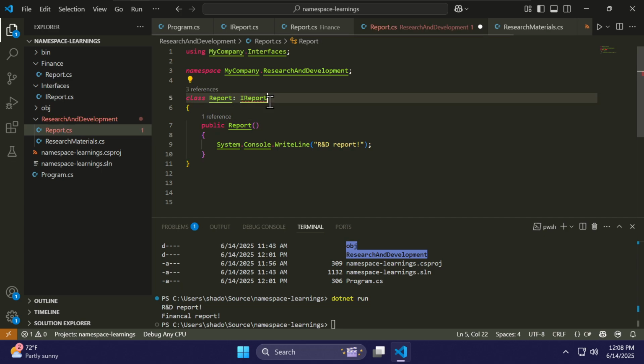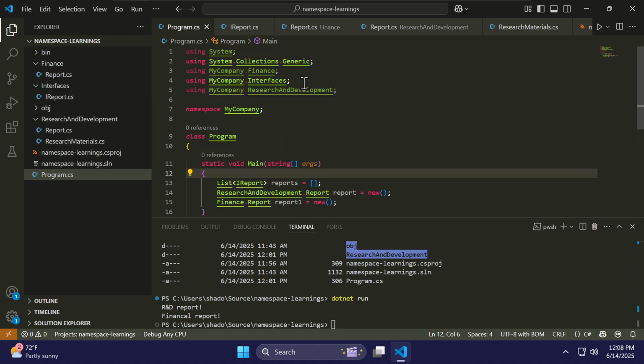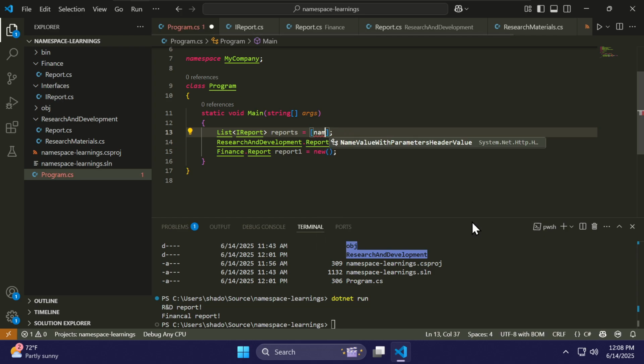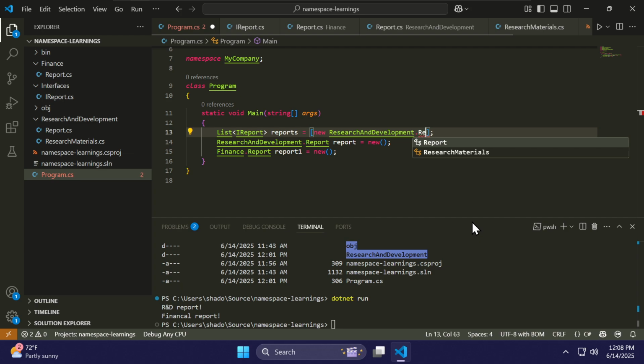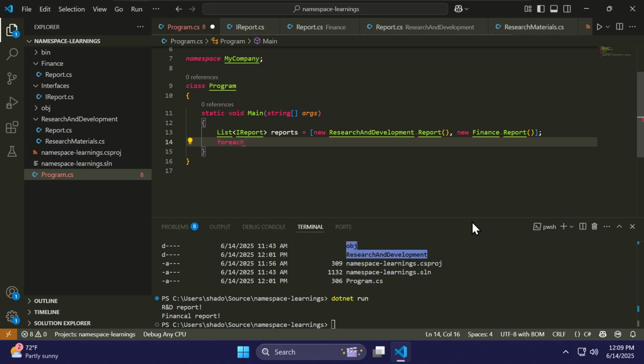I'm putting that on a class, not on a method. So there we go. There's this interface. So now we're actually using interfaces here, even if we're not using this. Now we could put reports. We could do new research and development report and new. I do not know if I like VS Code's license today. So there we go. Now we've got 2 reports, and now we can do foreach